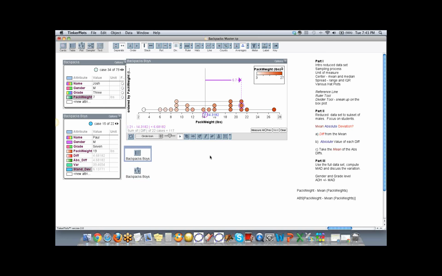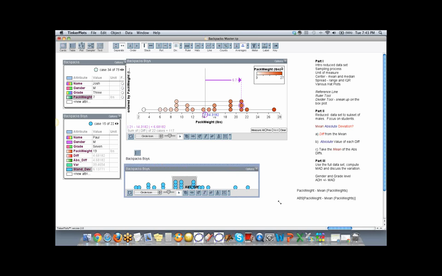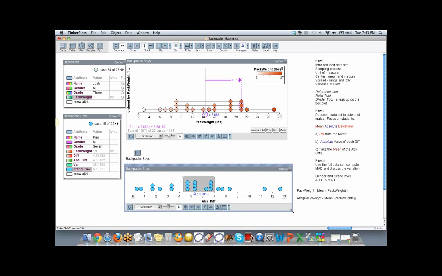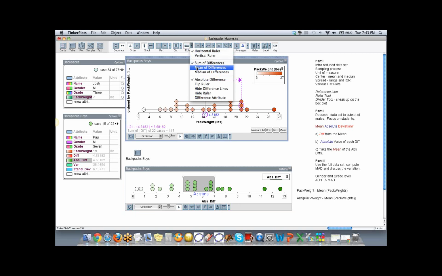Well, open our last picture back up there. We saw our plot, the bottom plot that we had there. Okay. So we were doing our color. Can you click back on our absolute difference in our case table on the left there? To get our colors back. So we were showing that the mean of the absolute differences to be 5.3, and before you clicked on the mean for us, we assumed that it was somewhere inside of that gray box there, and 5.3 did fall in the middle of what we were thinking might happen when we looked at the absolute difference.